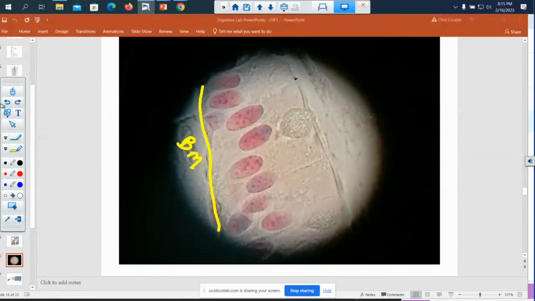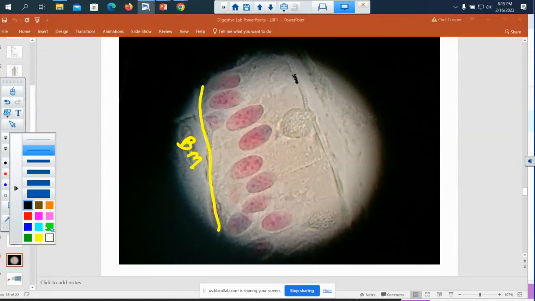Boy, that pen, it won't write. It's thinking. So what are those? Microvilli. There's our little microvilli. Here, I love this goblet. That's a goblet cell. So just decided I'll write this